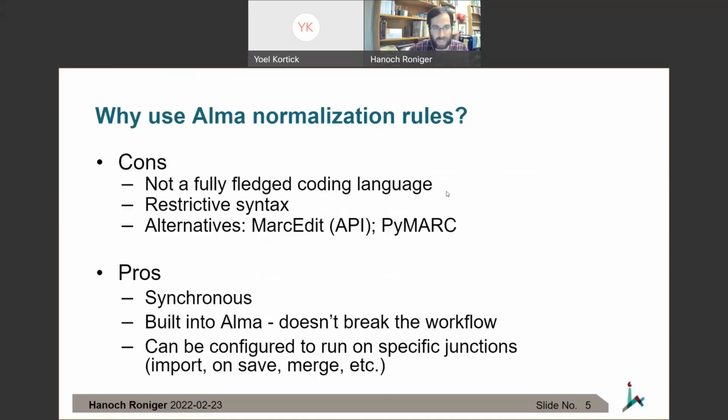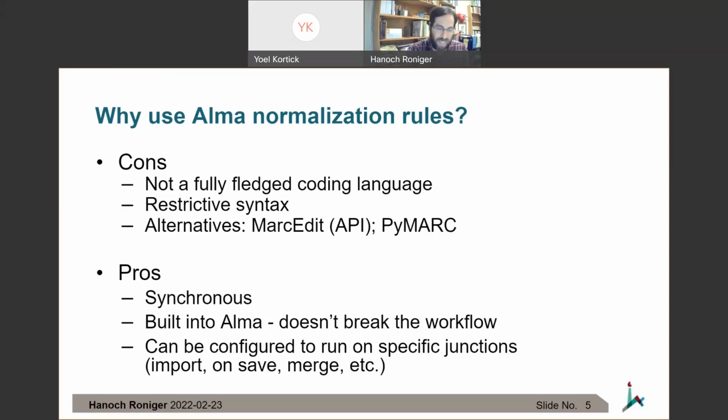There are some cons. The syntax is limited. It doesn't have the same freedom a real coding language will offer,